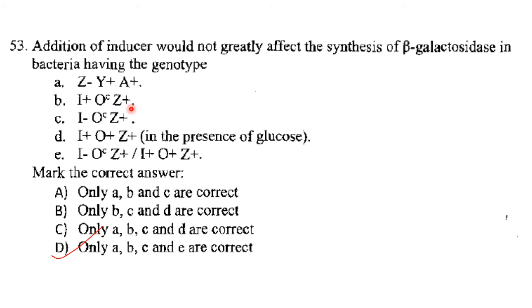So beta-galactosidase will be produced whether inducer is added or not. Then next one, I minus Oc Z plus. The operator is constitutive here also. Repressor mutated, so it cannot bind to the operator. It will synthesize beta-galactosidase. And